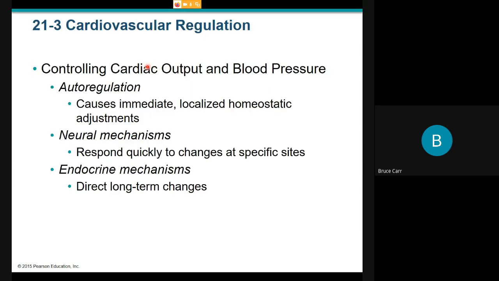Now there's a number of factors controlling overall cardiac output. We've now put all of these systems together. We know we have autoregulation, which basically can make adjustments around the body with vasomotion. And autoregulation can also establish the regular at-rest heartbeat and also detect the changes that can adapt to things like light exercise. Neural mechanisms, which are hooked in with our eyes, our ears, our smell, our taste, all of those sensory,